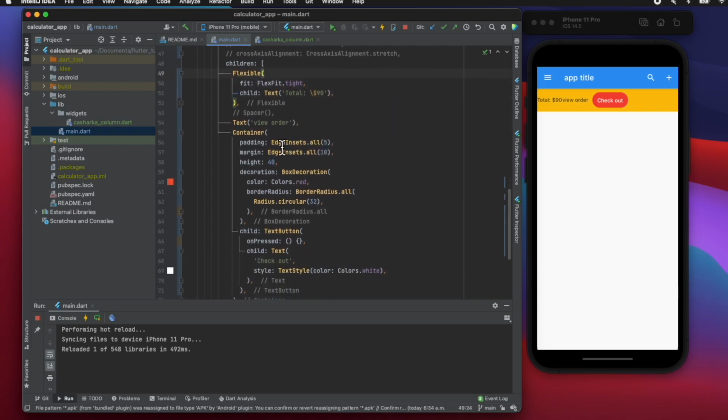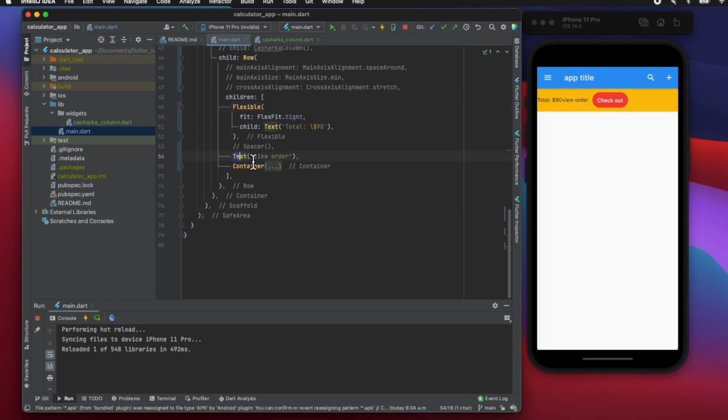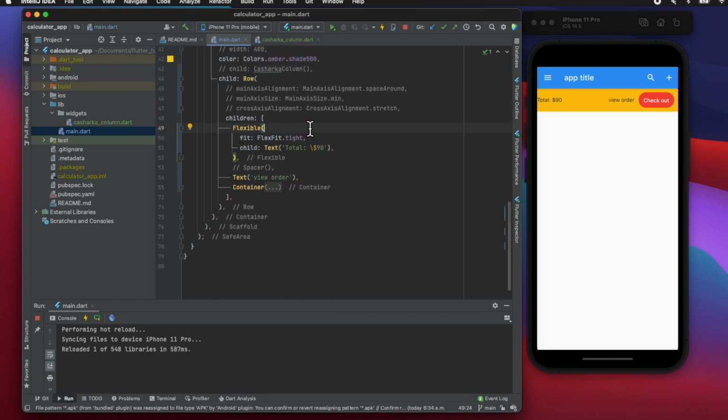Marka waxay sameynaysaa all of these children, labadan this text widget iyo this container, xoog ayuu maaragtay to the right side ayuu wada keenayaa. So it forces these two children to the right side. So if we save, look, marka guys, 3 different ways ayaan tusay. Marka waxaad isticmaali kartaa flexible, waxaad isticmaali kartaa expanded widget, waxaad isticmaali kartaa spacer. Muhiimadda waxa weeye, if you want to use expanded widget,